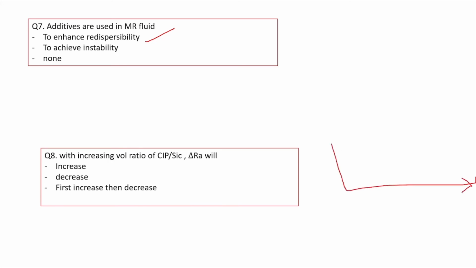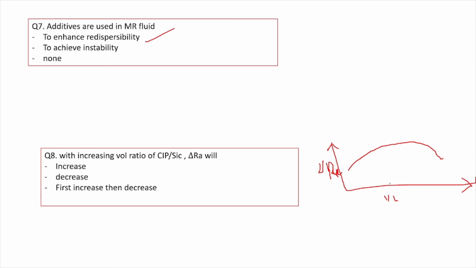If we denote the x axis as volume ratio V and the y axis as percentage of delta RA, we'll see this kind of graph. So basically what happens while increasing the volume ratio of CIP and SIC,